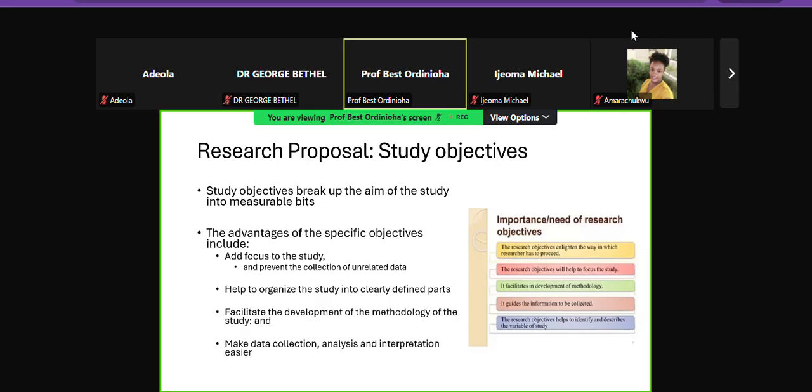So usually the objectives are broken down from the aims. Personally, I like what we call the CAP studies, because